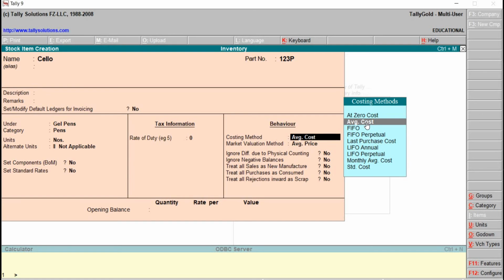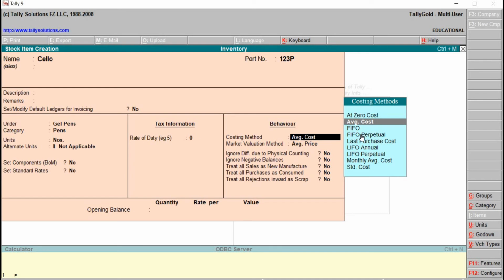In this case, stock valuation is done after each sale or purchase. In this method, it is a periodic average cost system. The next one is FIFO, that is first in, first out. In this method, valuation is done assuming that goods will be sold in the sequence of their purchase. This one we just call the first in, first out periodic system.